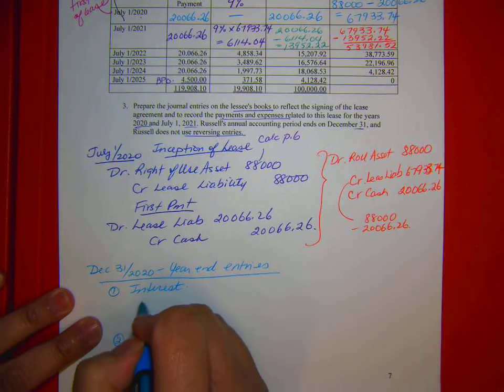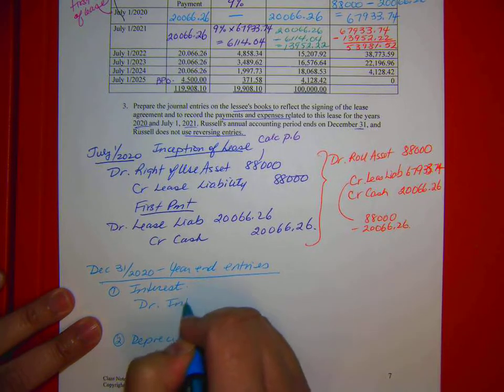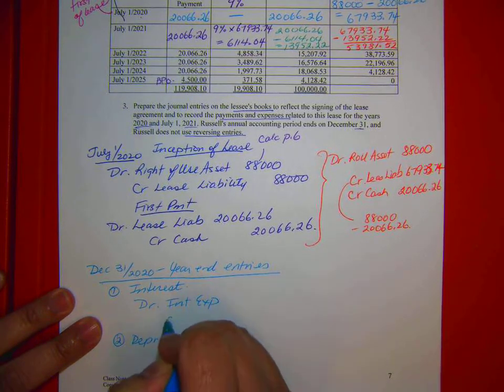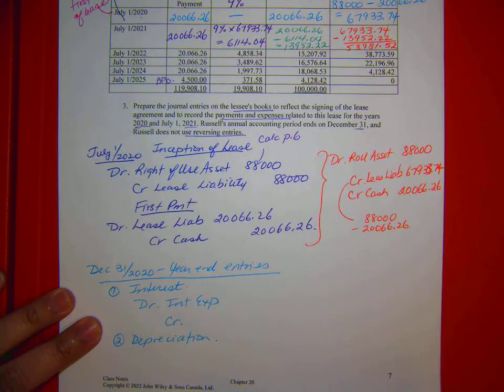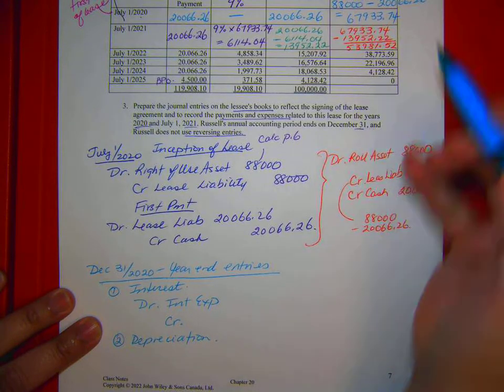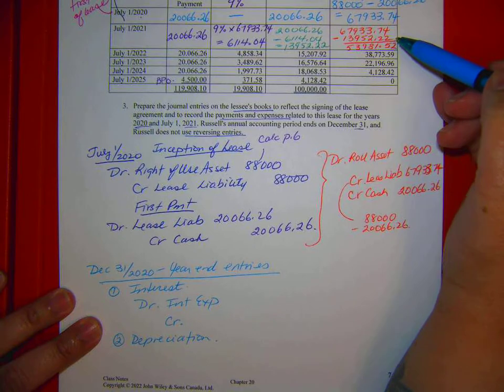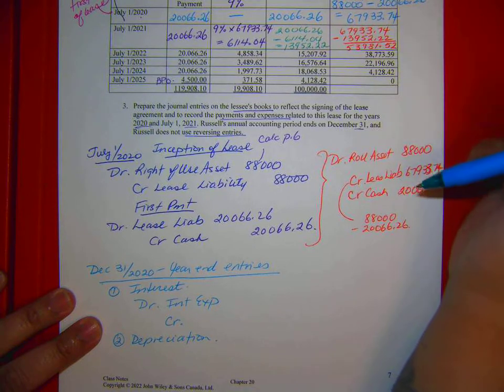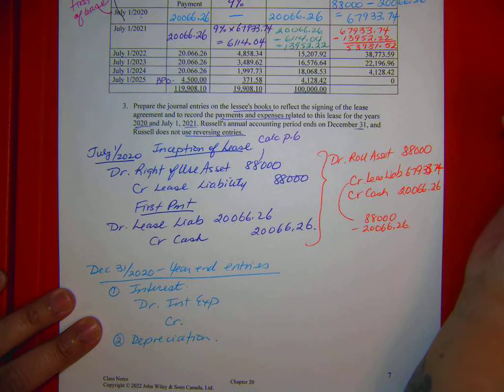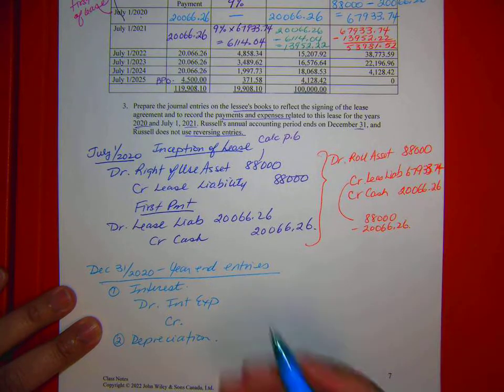So we're going to debit interest expense. And what do we do with the lease liability? We're going to credit it. So we're going to credit lease liability